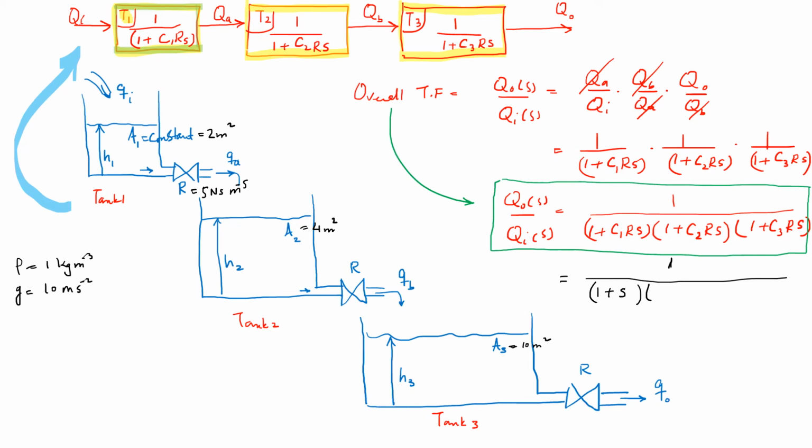The second term is going to be 1 plus 2s, and the third term is going to be 1 plus 5s. Now obviously this is not the standard way of writing the transfer functions. We're going to transform it into the standard form that we have derived for the generic case earlier. So I'm going to transform it into that, and once done, this is going to be equal to